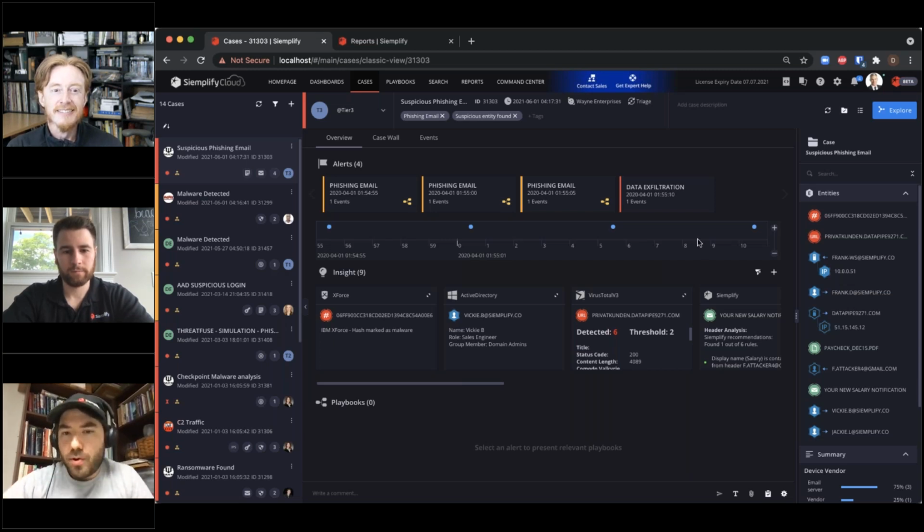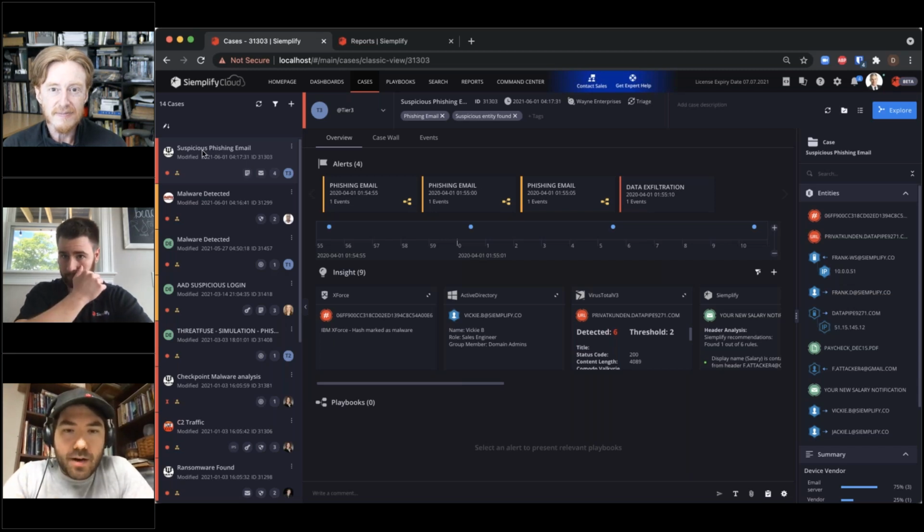So as we pull that data in and create the alert in Simplify, we're going to parse out what we'd call an indicator within those alerts. And those are going to be things like your hashes, your URLs, IP addresses, host names, those types of things. We're going to parse those out and put them into what we're going to call our entities. And so as we ingest that, we put it into that alert. We then are going to take that alert and put it into a case.